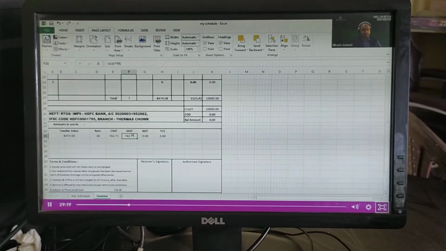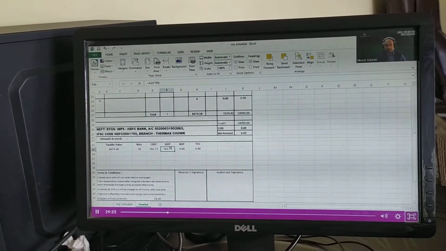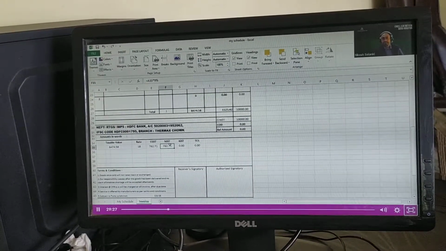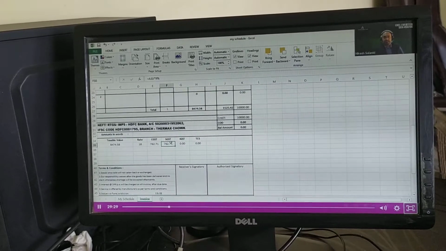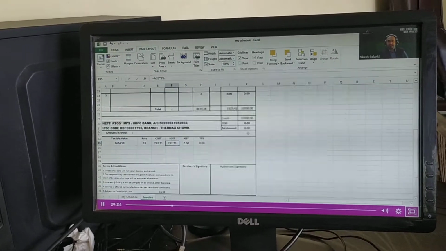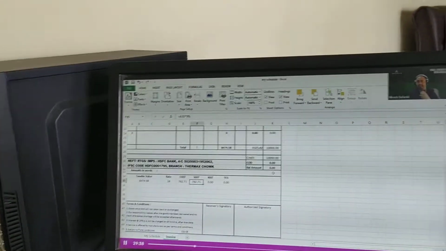My question here is, what if the state changes? Will the tax rates change? They should, right? In your case both the buyer and the seller states are Maharashtra, hence CGST and SGST are divided 9% each.